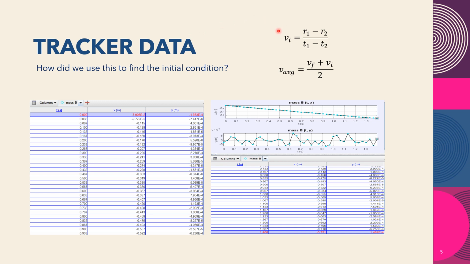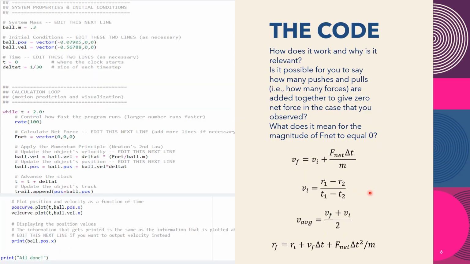And we use this to find the initial condition, which is through this formula, where we take these first 2 points and first 2 times to plug in so that we can use it in our initial velocity. And when you input the data from before, we can get not only the initial velocity vector but also the initial position vector. Here is our delta t, the time